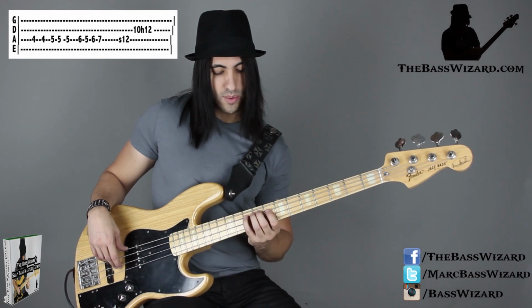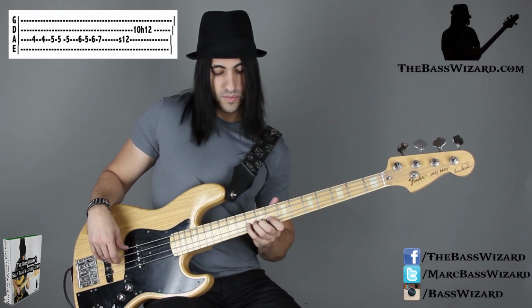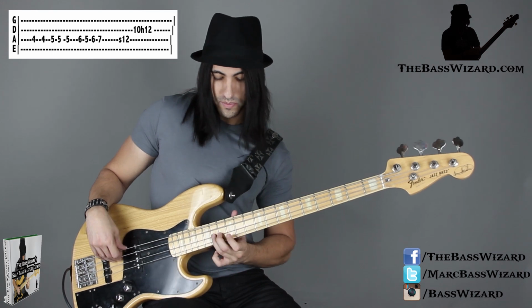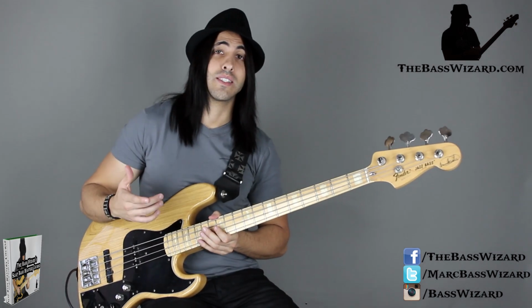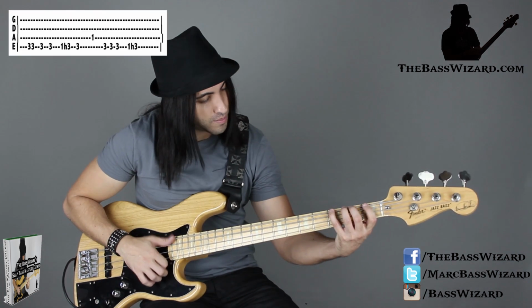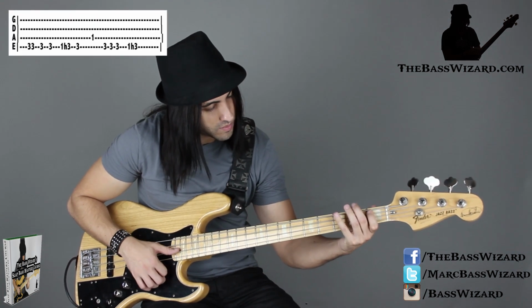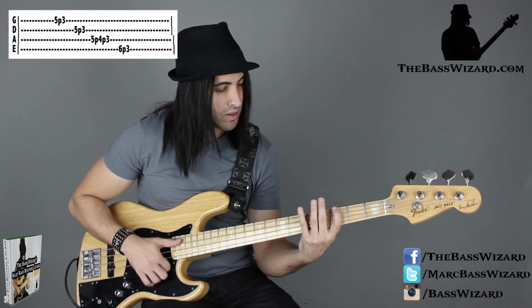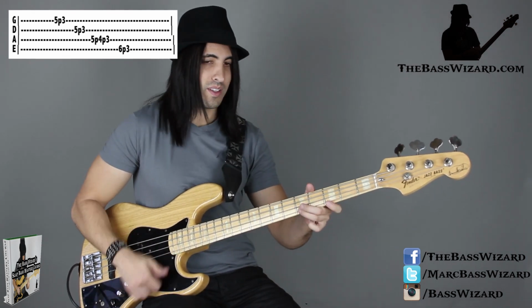And then you're gonna do the same thing that you did for the C, but you're gonna do it up on this fret right here, the 14th fret. And then it goes back to that same riff, and the first fill he does when he goes back is a little bit different. So that fill right there,